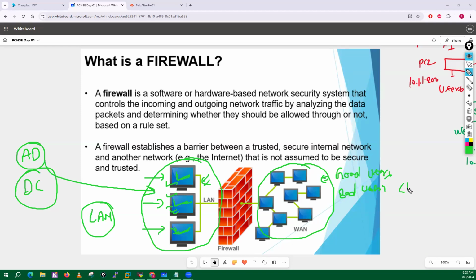Bad users, so I can say hackers. And what is the main intention of these hackers? Hackers always try to steal your information. They will always try to harm your system, harm your infrastructure. So on the basis of these particular parameters, in the firewall domains, we have some types of areas, like an area which is